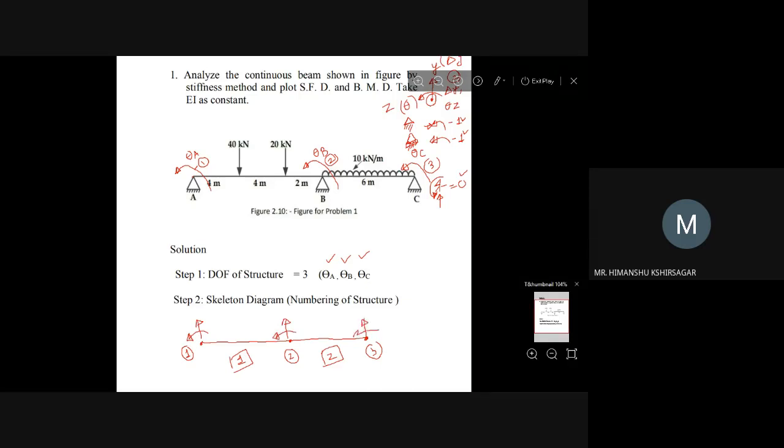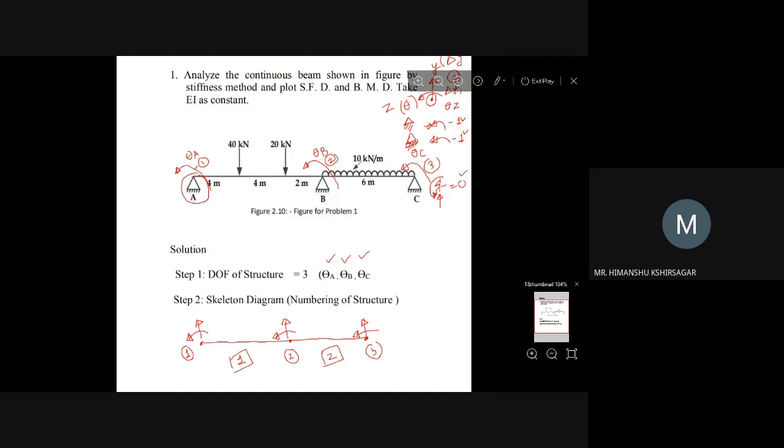Because you have to give the coding along the free direction as well as along the restraint direction. So here at this hinge support, you can see that there is a Y reaction, vertical reaction. X reaction we are not considering. So Y direction it is restrained, so that we have to give the coding.